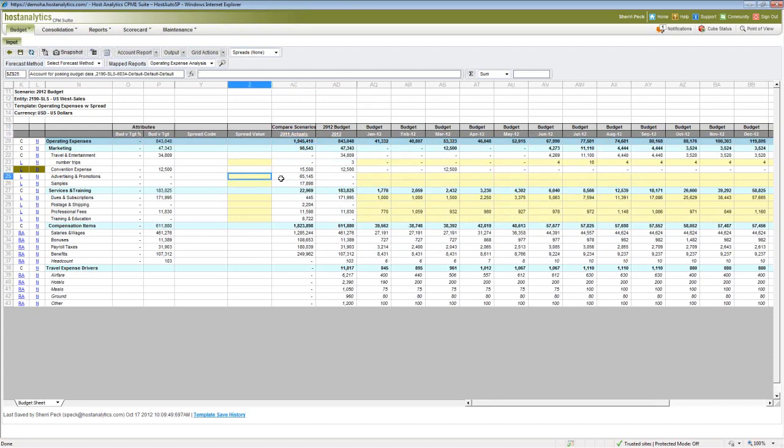I had $65,000 of actual expense last year, and I know I'm trying to keep it to about the same, so what I can do is, rather than going cell by cell and putting in some amount, I can put in my 60,000, and then here's some of my spread methods, and these are user-defined at the time of setup.